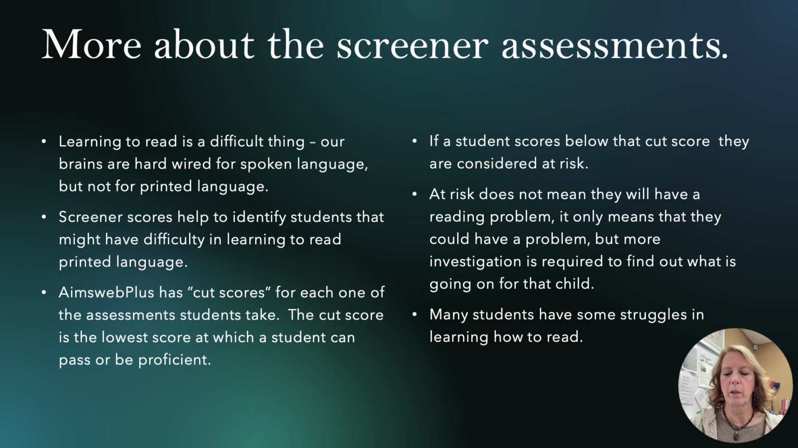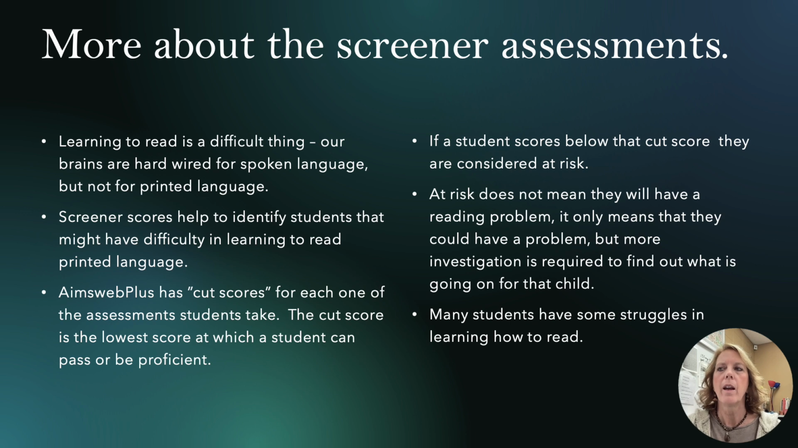So a little bit more about the screeners. Learning to read is a difficult thing. Our brains are hardwired for spoken language, but not for printed language. So screener scores help to identify students that might have a difficulty in learning to read that printed language. AimsWeb Plus has determined cut scores for each of the assessments that students take. A cut score is the lowest score at which a student can pass or be proficient on that particular screener. If a student scores below that cut score, they are considered at risk, or we call them flagged on the